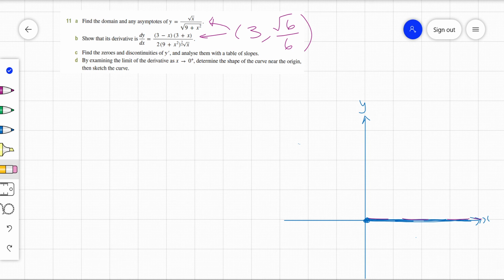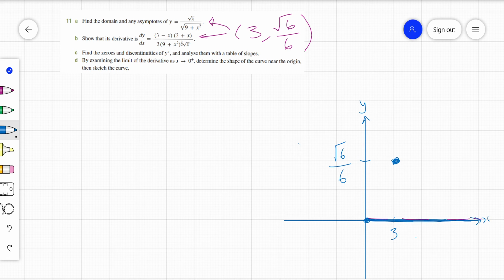Alright, so let's just put it in, why not? So let's say it's about here, and just make up a point. So this is going to be at 3, and this is root 6 on 6. That's our stationary point. Now if I look either side of 3 for my y dash,